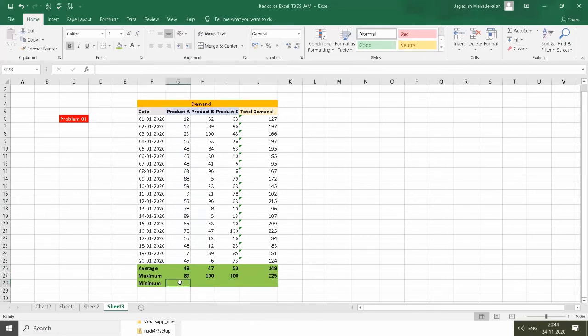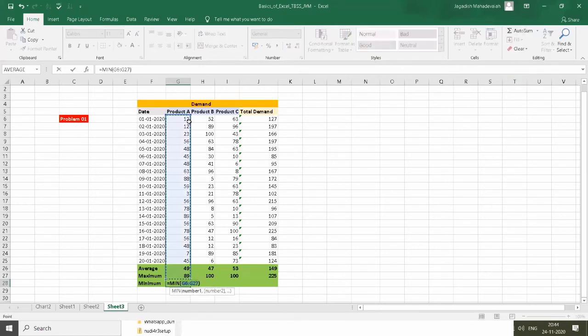Now you want to obtain the minimum demand of product A. So again, go to AutoSum, minimum. Now please notice, be careful while you are calculating using AutoSum. Select the particulars which are necessarily needed. In a hurry, don't select average and maximum.